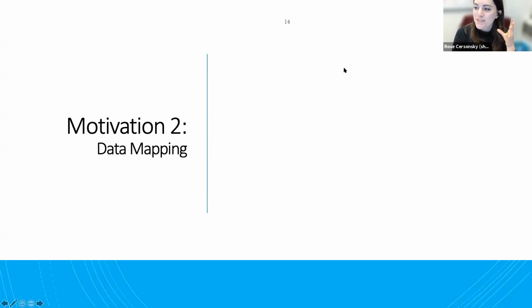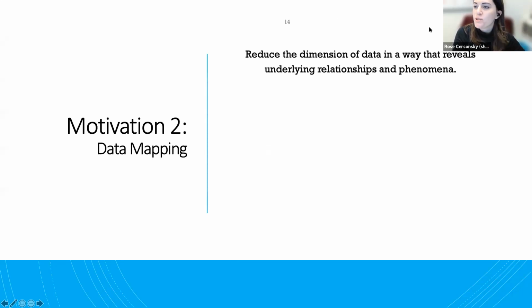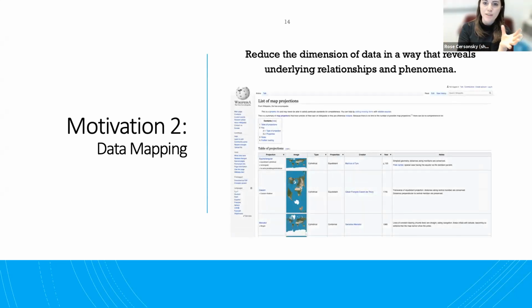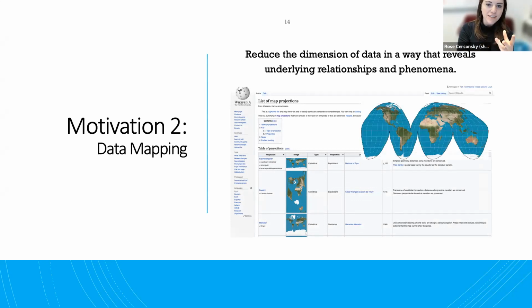So our second motivation was data mapping: reducing the dimension of our data in a way that reveals underlying relationships and phenomena. Now, if data compression is easy enough to understand, that we're just trying to retain as much information as possible, this is kind of like the way that we project our world. There are many ways to understand the distances as they exist on the surface of the Earth, and then projecting it into 2 dimensions. There are many, many ways to figure out how we want to project that onto